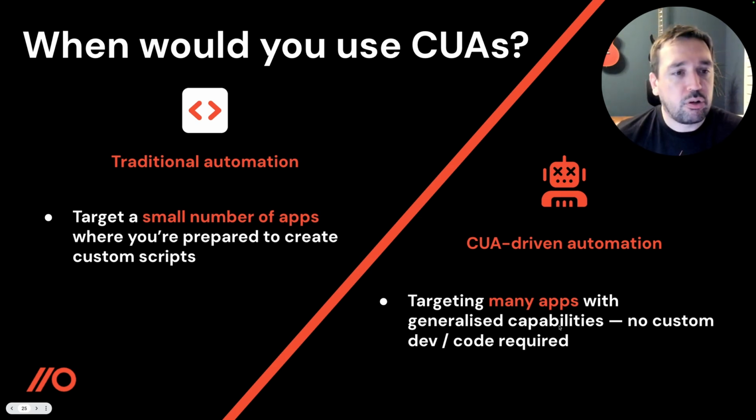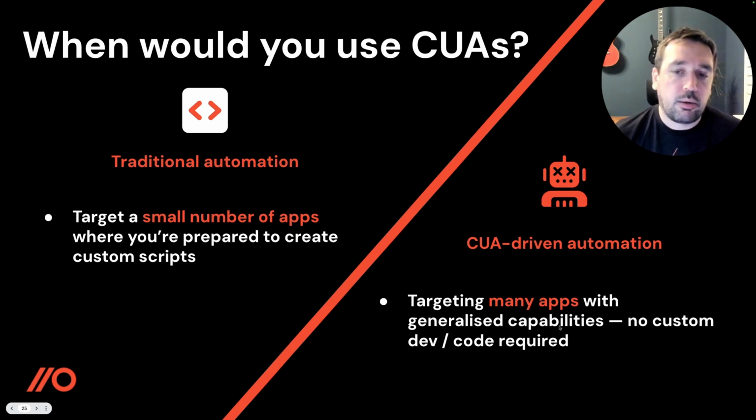For traditional automation, I would say if you're targeting one app or two apps or something, and you've got time to write custom scripts, you're probably going to do a better job. Yeah, you custom make your stuff. You're going to make something that works more reliably. It's faster, right? You do that yourself. If you just want to brute force Microsoft passwords, okay, probably better just writing a dedicated script for that.